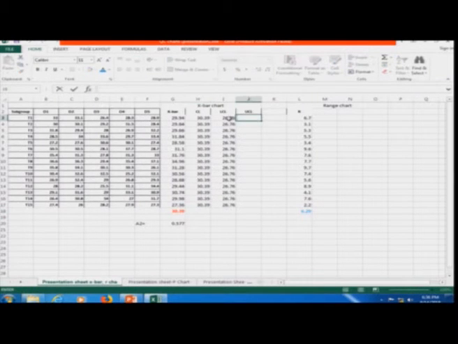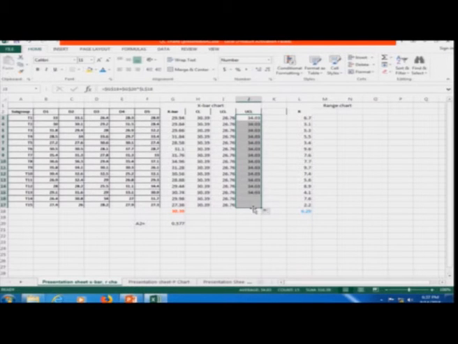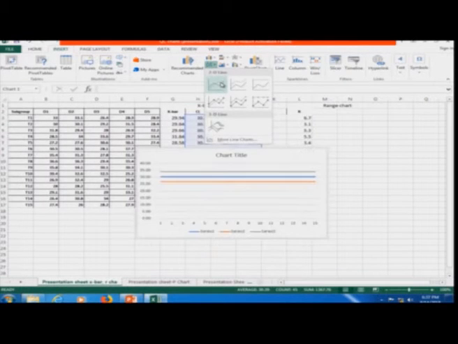Similarly, the upper control limit would be very similar to this. I will just drag this formula, and in place of minus, I will put plus. So, this is my upper control limit. Now, I have got my center line, my lower control limit and upper control limit for the x bar chart. Now, I can plot my x bar chart using the line diagram that I did in the previous lecture. Using the line diagram, I can just plot these 3 lines. So, I will just pick these 3 lines and insert a line diagram.